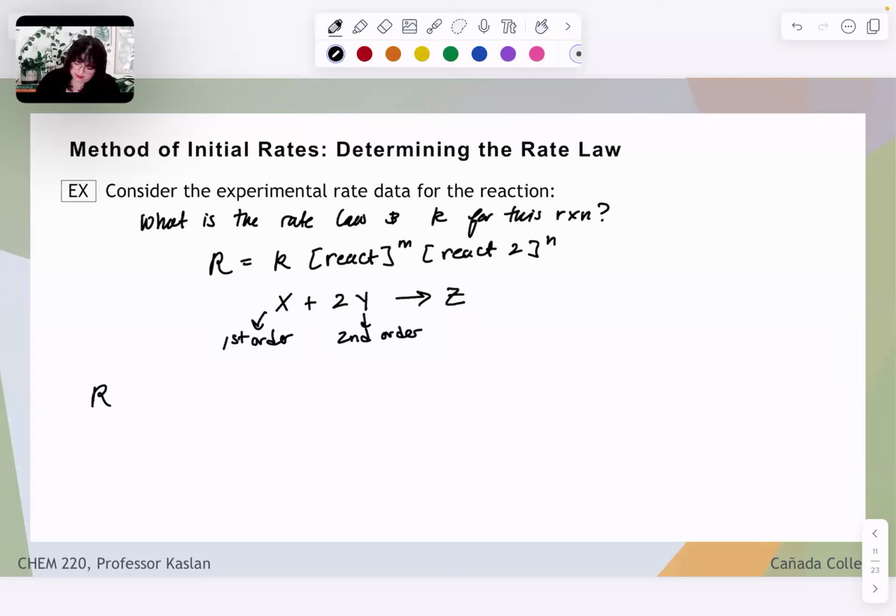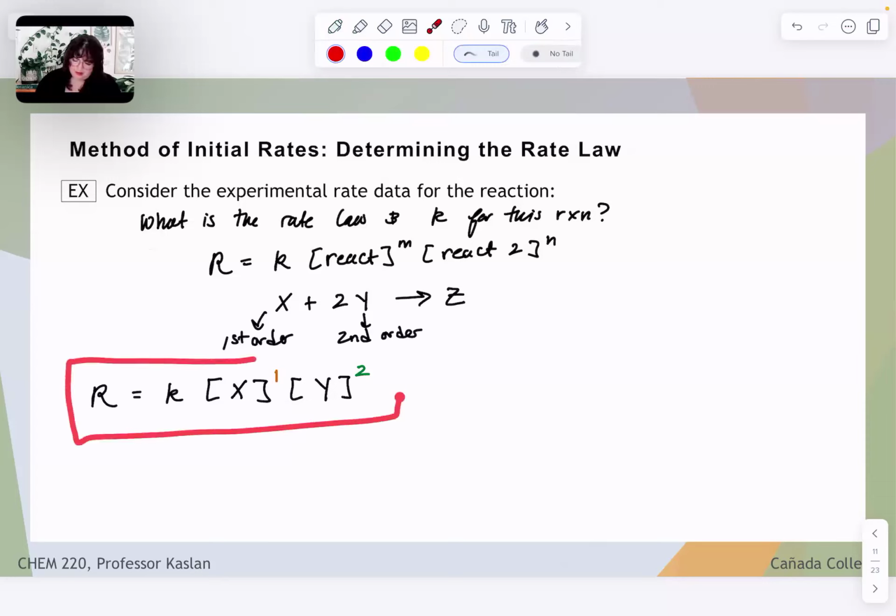We have now the rate is equal to the rate constant k times concentration X raised to the first, to say that we're first order, and then times concentration Y raised to the second order. So this is our rate law, though this rate law is incomplete. This leaves the structure of the rate law intact, but it does not give us the value of the rate constant. So in order to find k,